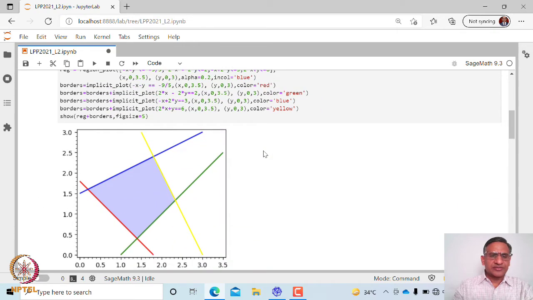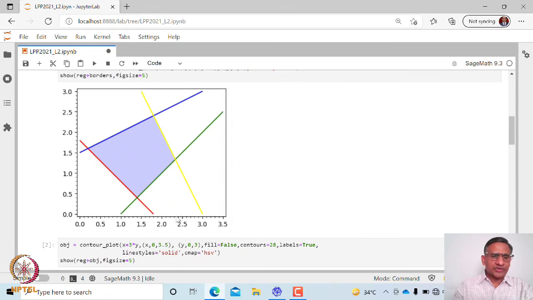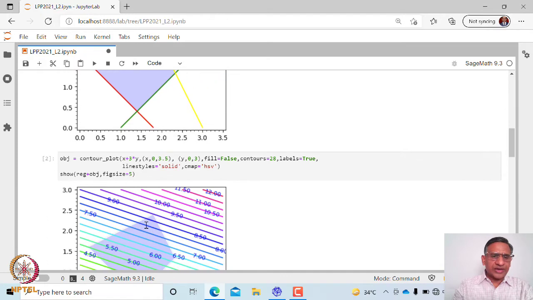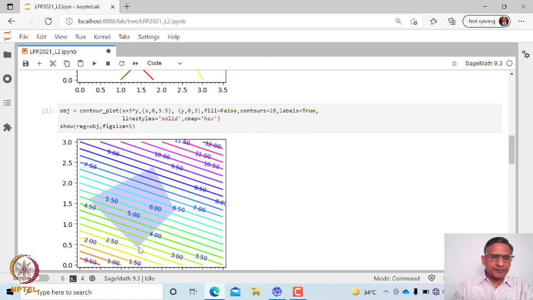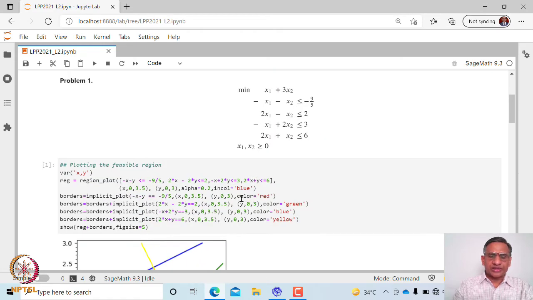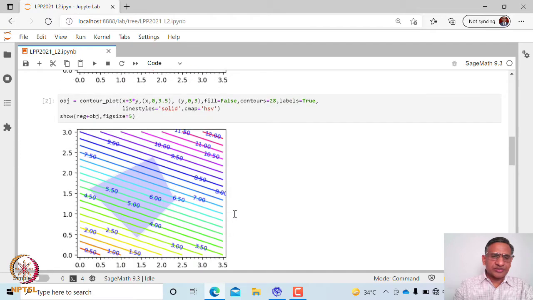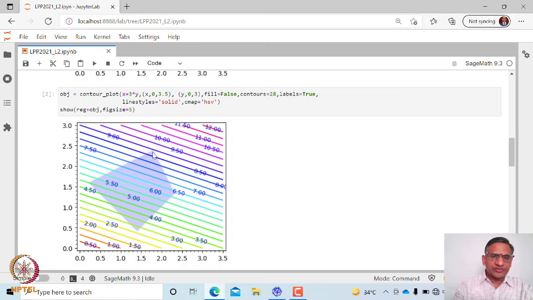So in case we look at this problem, the minimum value is going to occur somewhere here. That is the point at which the minimum is going to occur. In case this problem is of maximization type, the maximum is going to occur when the objective function value is somewhere here, which is close to 9. So that is the maximum value.